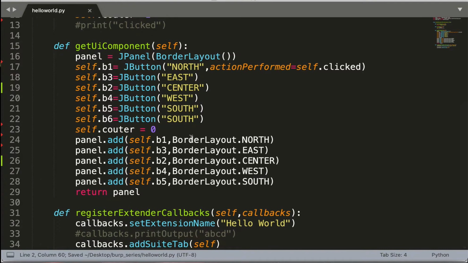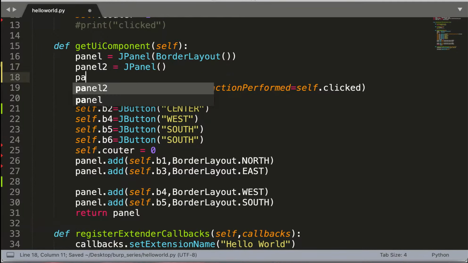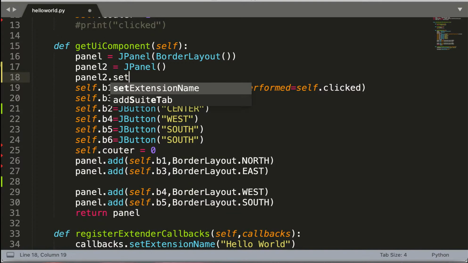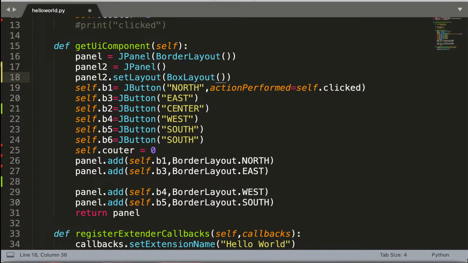And I'm moving to here. I'll be removing this center button. We're adding a new panel. So I'll be creating panel2 equal to JPanel, and I'll be setting panel2.setLayout, and it's a BoxLayout, and I'll be passing again panel2 and the axis.